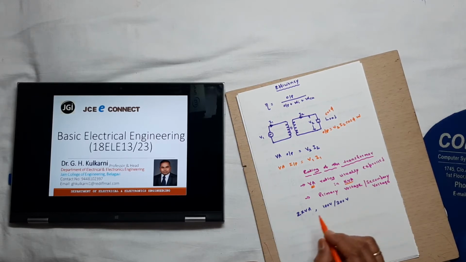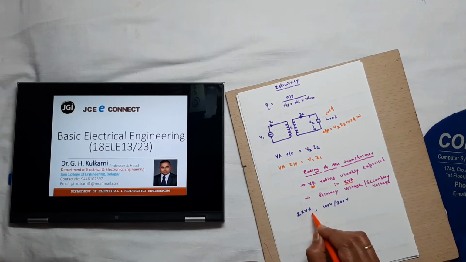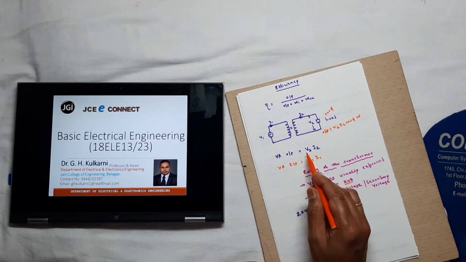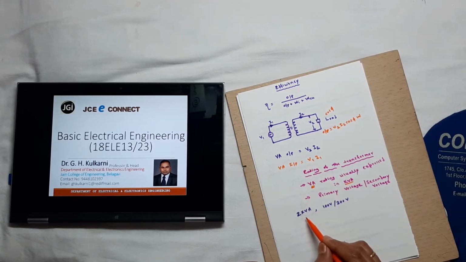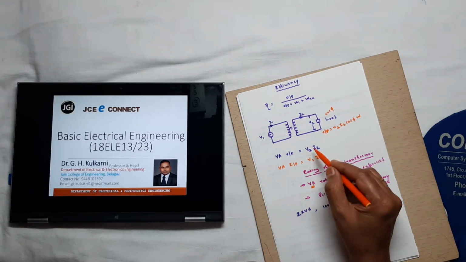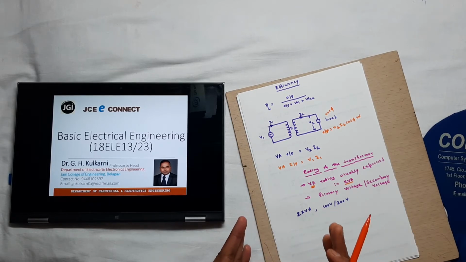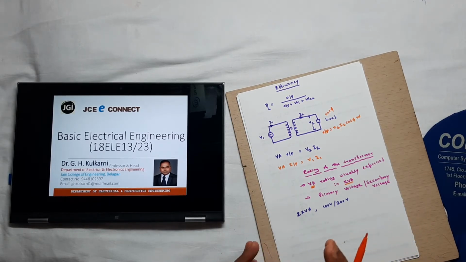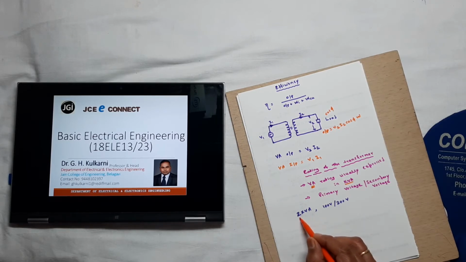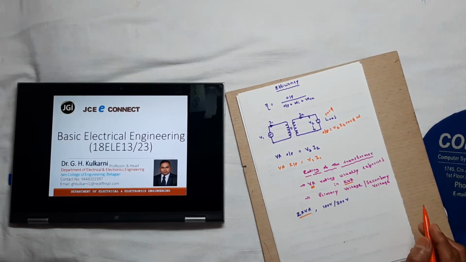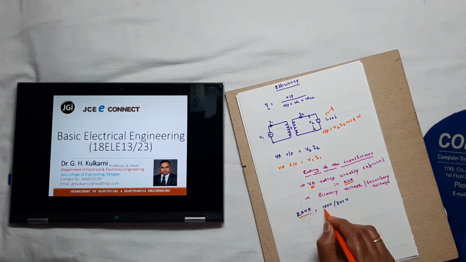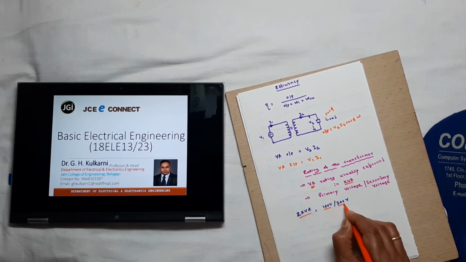What do you mean by this? The capacity of the transformer is 2 kVA, which is the product of V1 I1 if you take the primary side, and also the product of V2 I2 if you take the secondary side; once again you get 2 kVA. Whether you take the primary side or the secondary side, the product of the rated voltage and the rated current is equal to the rating of the transformer.